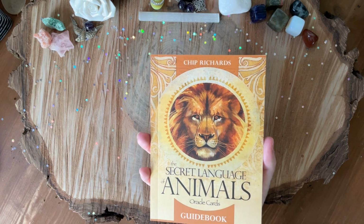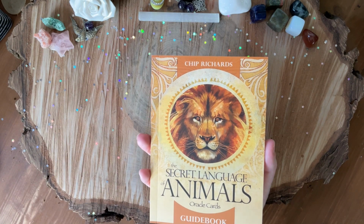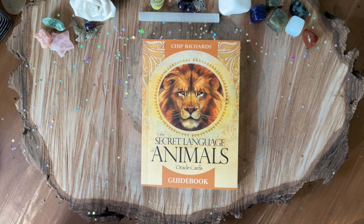When it comes to animal decks, these are animals that are not obviously lion. We don't have lions in Hungary. So this is another deck that's, I would say, mostly for people in the US if you want to see the animals that live around you. So I really need a deck that's Eastern European, or at least European or something like that, with animals who are